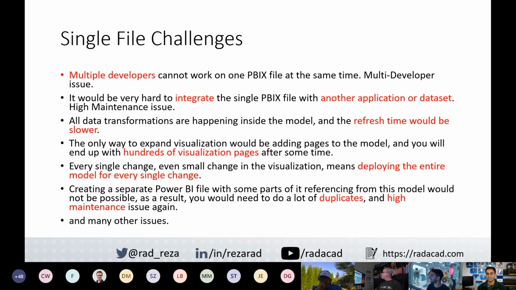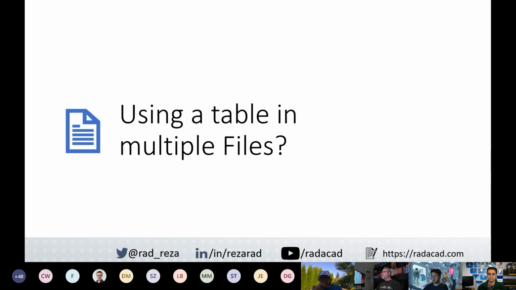It becomes really hard to maintain, like tons of visualization pages, right? This is not a really ideal solution to work with Power BI. It would be a really high maintenance problem, with a lot of duplicate code and things like that. Now let's take one of these challenges in that scenario. One of the challenges is that when you want to use a table in multiple files, how are you going